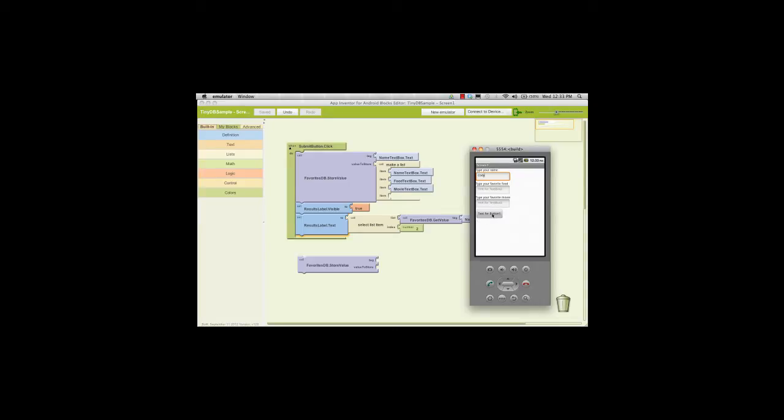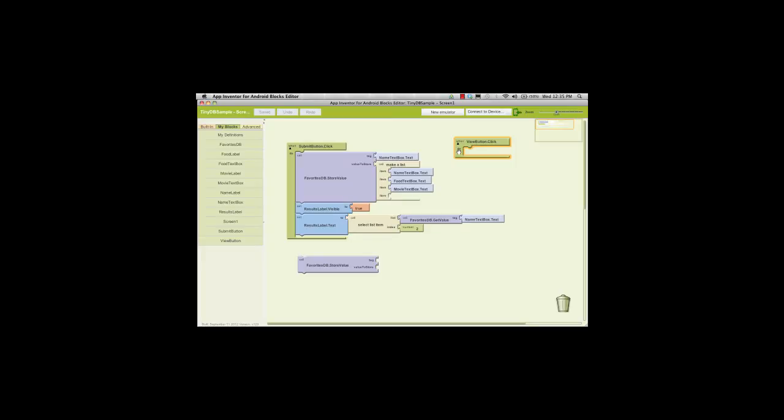What happened? I just tried to store two different values, so I just overwrote my favorite food and my favorite movie with nothing, because I deleted it all out. If I want to find from the database, I should maybe do that as a separate button. And we'll make another button. So when I click the View button,